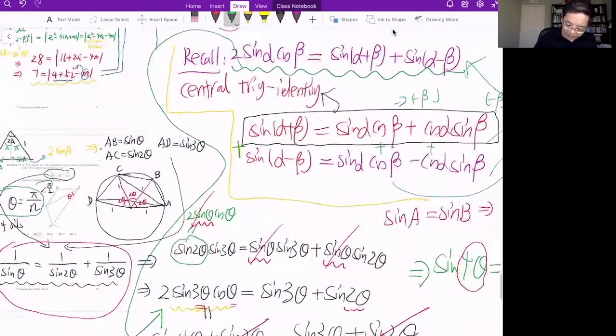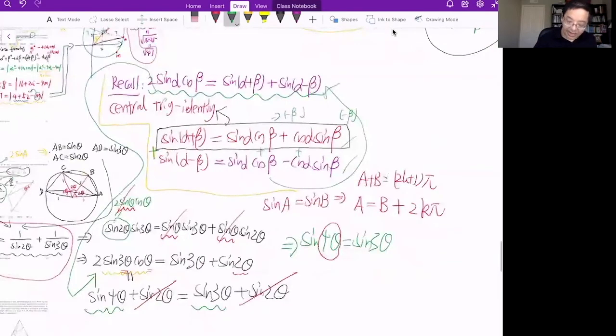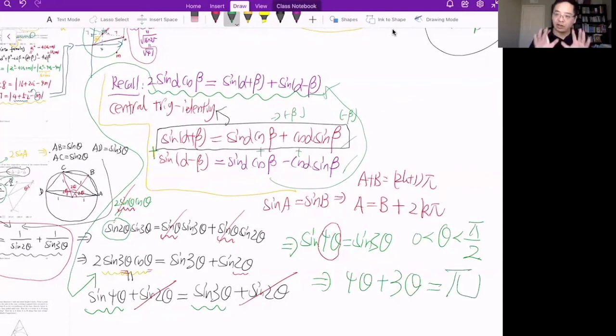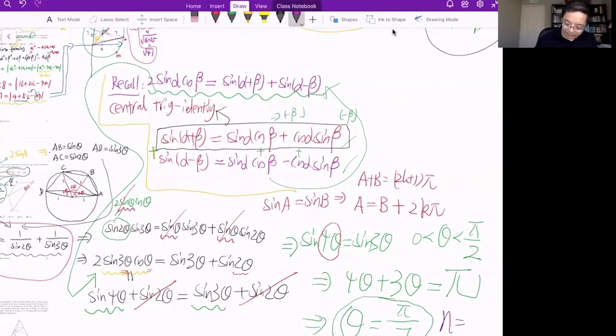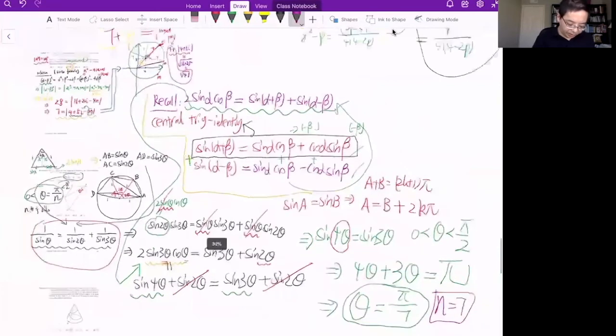So since our theta is between 0 and pi over 2, the only possibility we have is 4 theta plus 3 theta equals pi. That's the only thing that's going to make it work. So from here, I deduce my theta is pi over 7. Accordingly, the n is 7. Now for this problem, if we quickly go over it,